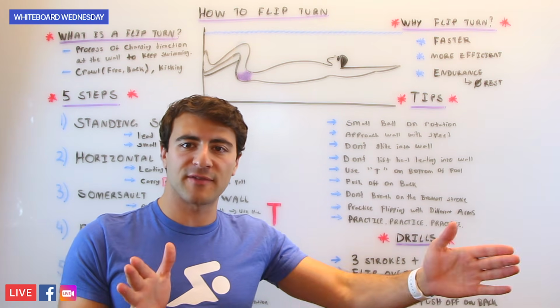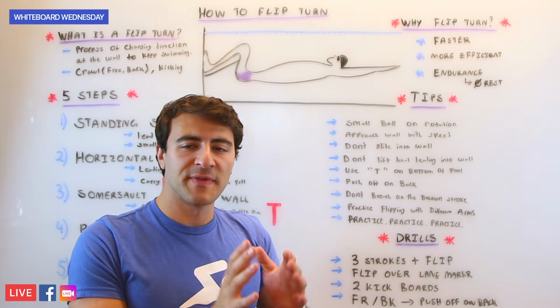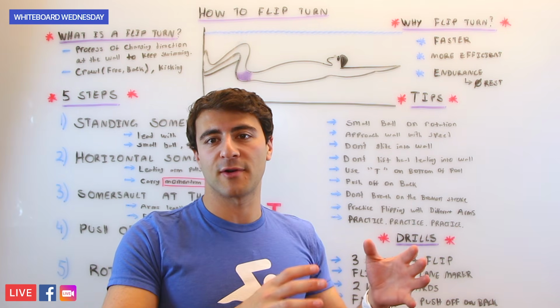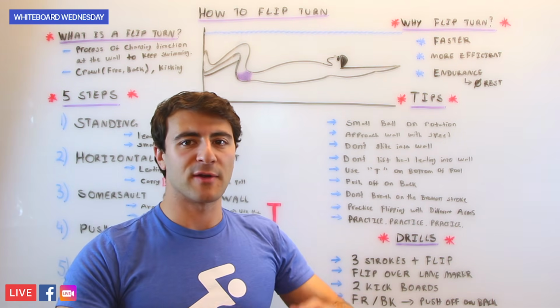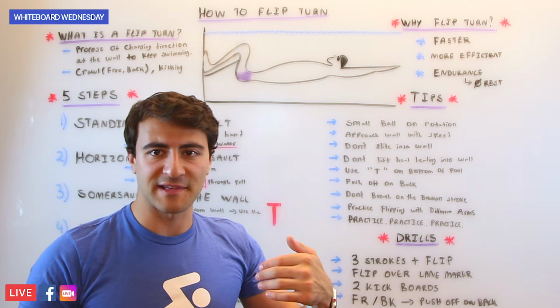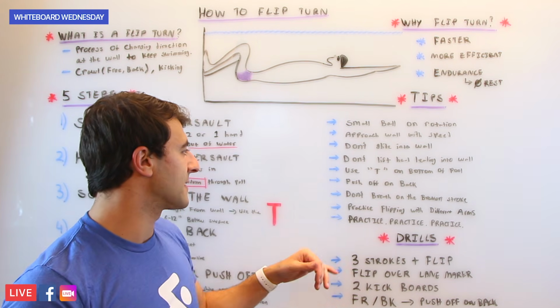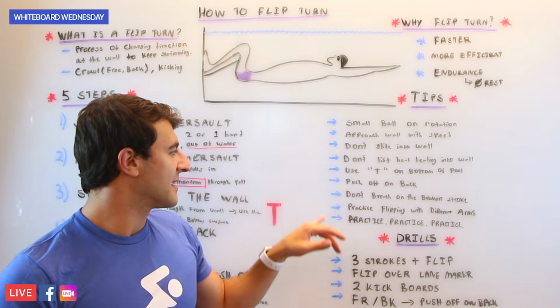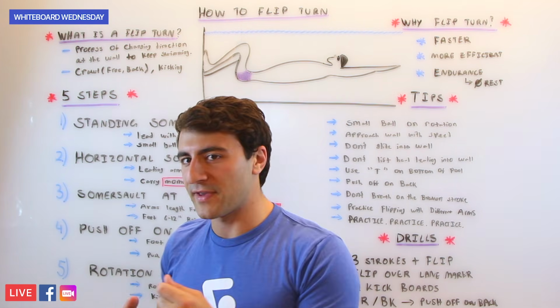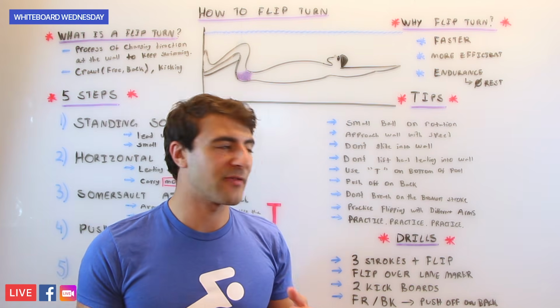Everyone's a little bit different in terms of how far they flip turn, and it matters based on how fast you're going as well. So the faster you go, you're going to approach the wall with more speed. You're going to have to refactor how fast you're going to do the flip when you see the T. You also want to make sure you're pushing off on your back. So this tip is really key for making sure you're not rotating onto your stomach while you're at the wall.